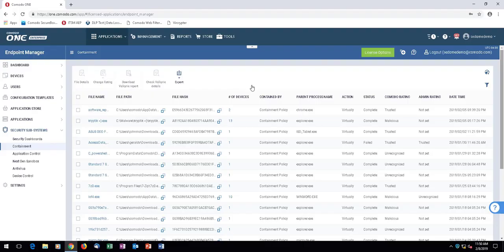So now that we have prevented the damage on the endpoint, what is going to happen with that file? Will it be virtualized for the rest of its life? Who will make a decision if that file is good or bad? We don't believe virtualization to be a permanent home, and we also do not want to burden customers to make